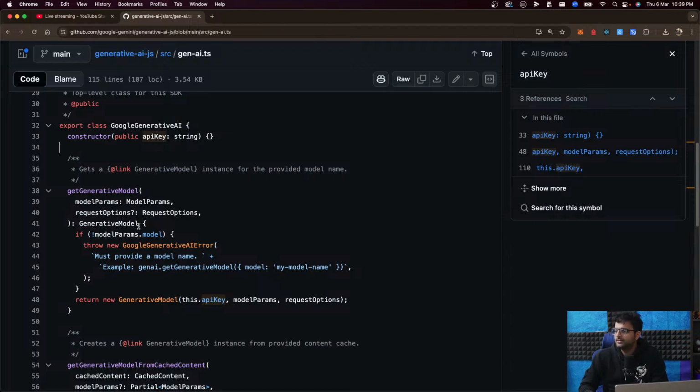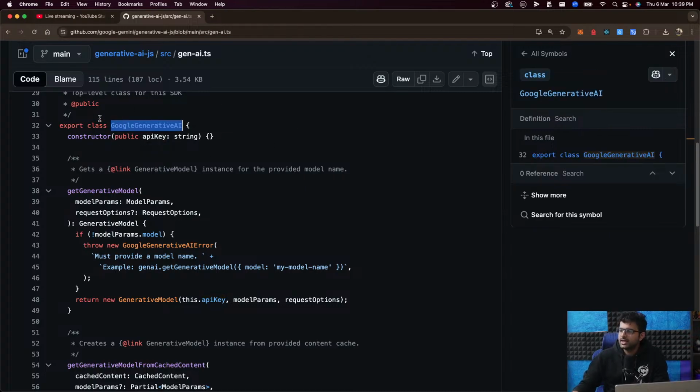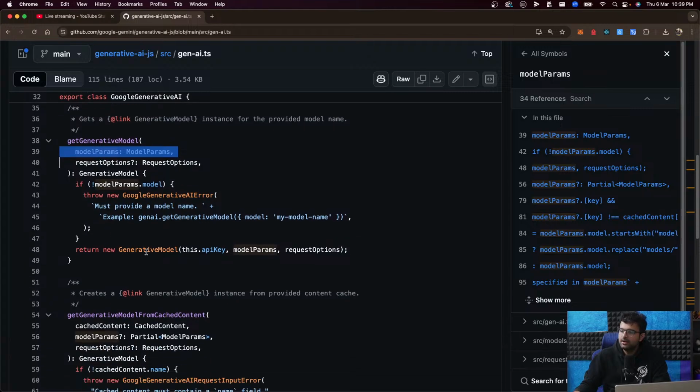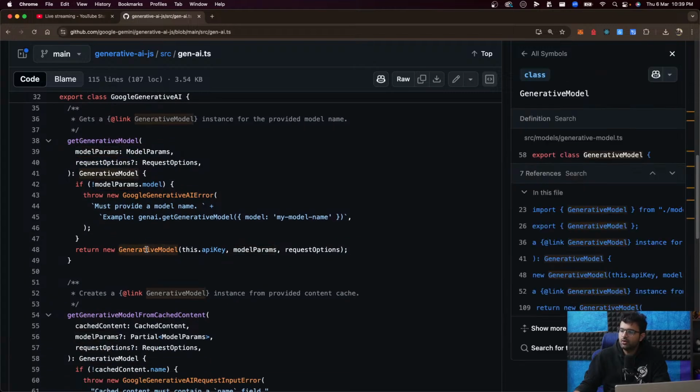Let me just take you to the code base so that I can talk through a problem that I suddenly thought of. This class has a function called getGenerativeModel, which returns an instance for the provided model name. So if you give it whatever their model names are, I forgot, but for OpenAI it would be o3, o4. For Claude, it would be 3.5 Sonnet, 3.7. For these guys, it would be their model. You give it a name in this model params input.